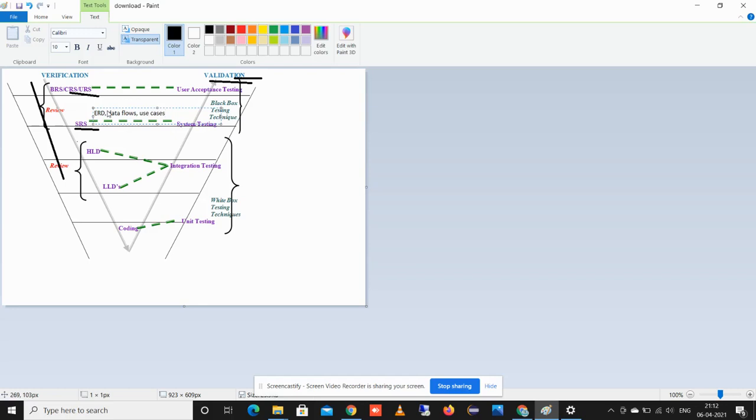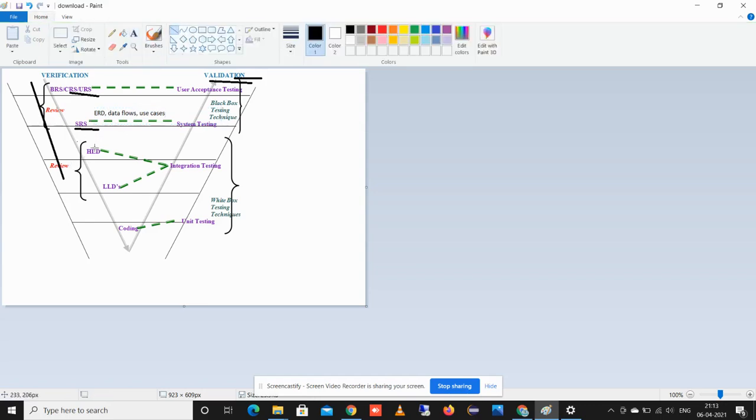Also, what validation and what functionality we need to perform comes under the SRS document. Based on the SRS phase, we prepare the design phase, HLD and LLD. HLD stands for high level document, whereas LLD stands for low level documentation.